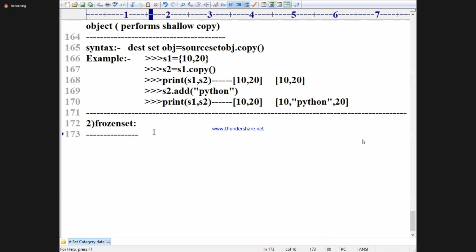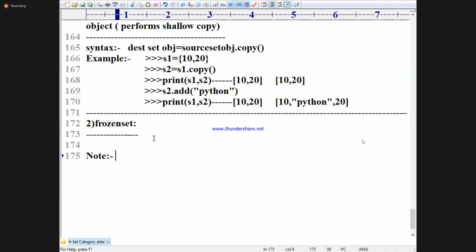So I can say set and frozen set are same, with one small difference. Frozen set is immutable. Set is mutable. Set is mutable in the case of the add method; it is immutable in item assignment. But frozen set never allows adding, as well as never allows any type of item assignment. And every property of set is coming into frozen set. So I can write it in just one line only, but as a teacher, I don't want to write one line.